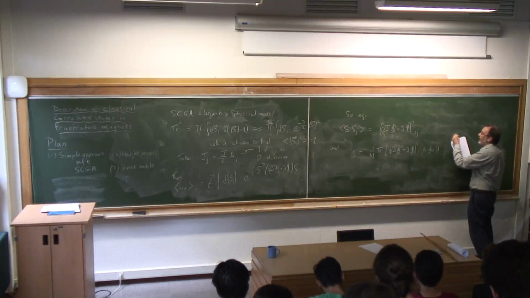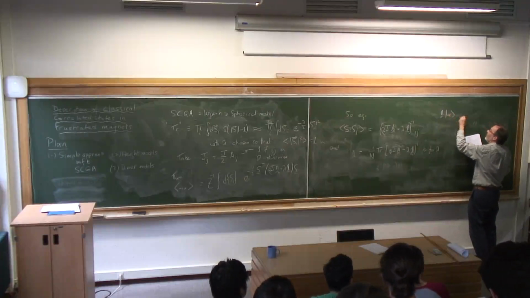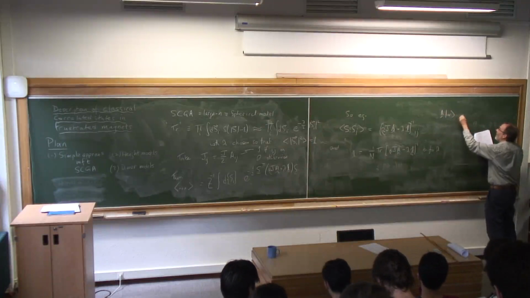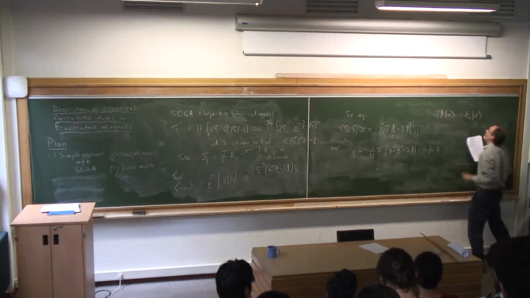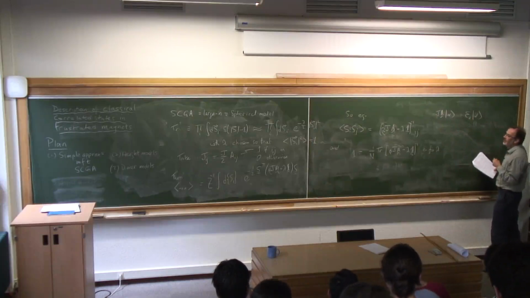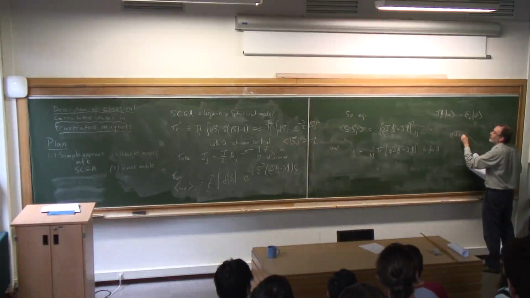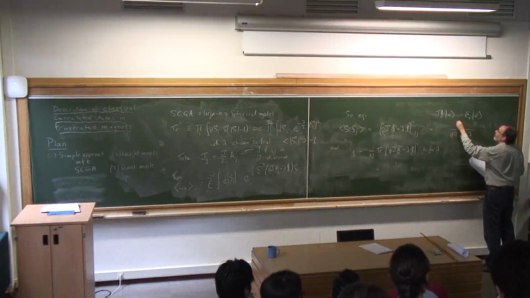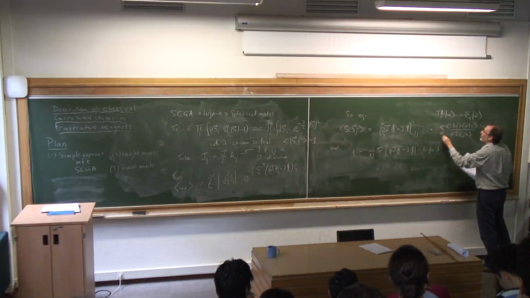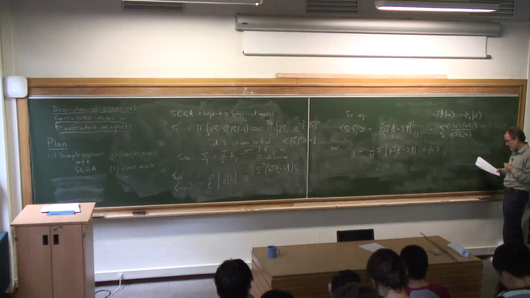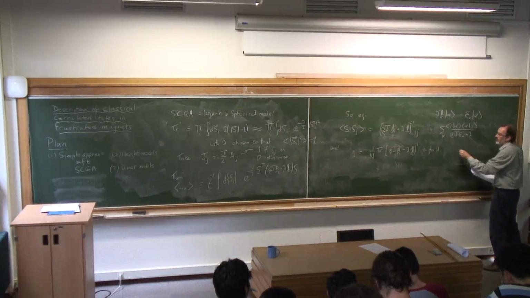So if we say that the eigenvectors of the adjacency matrix are labelled alpha with eigenvalues E alpha, maybe I should put a J in there for consistency with what I had before, then this is, and this becomes